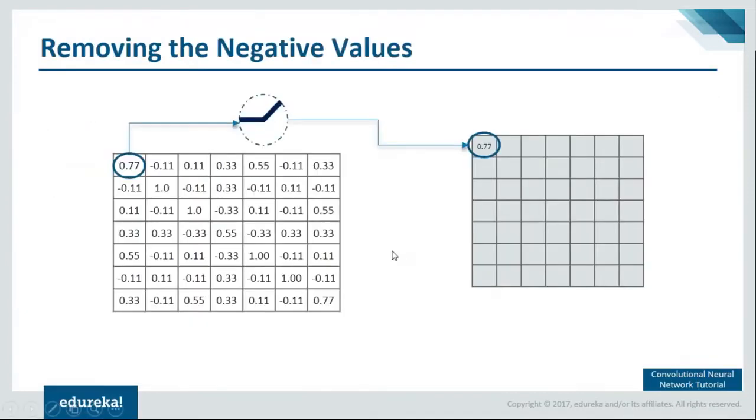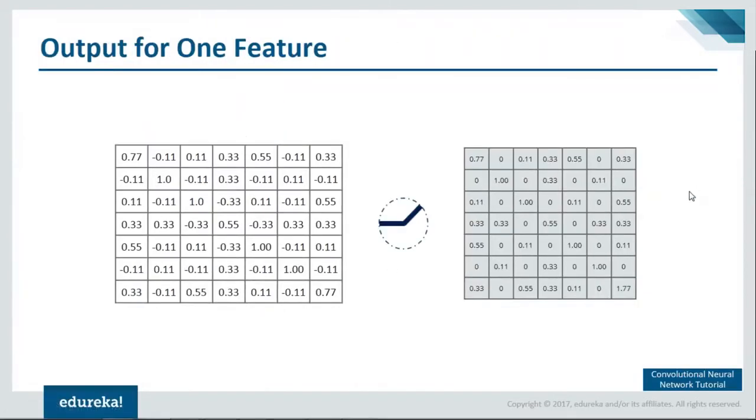Why are we using the ReLU function here? We want to remove all the negative values from the output that we got through the convolution layer. So we'll only take the first output that we got by moving one feature throughout the image. This is the output that we have got for only one filter. Over here I'm going to remove all negative values. You can see that it was -0.11 before, and I've converted that to 0. Similarly, I'm going to repeat the whole process for the entire matrix, and once I'm done with that, I get this particular value.